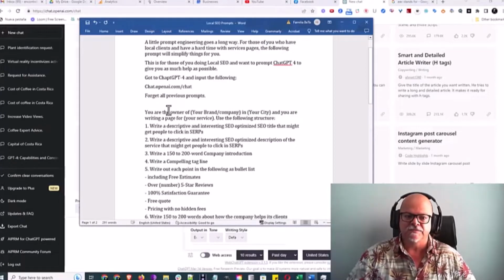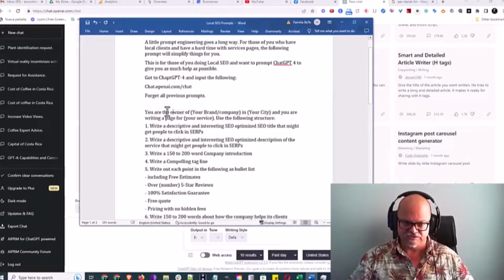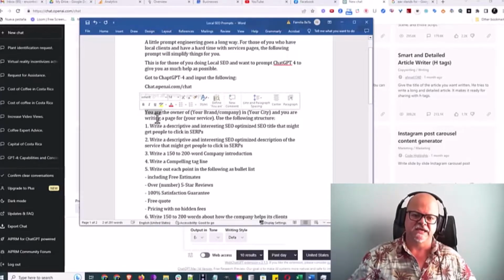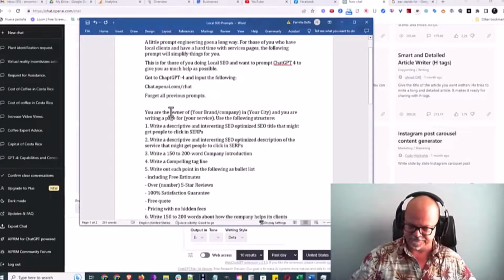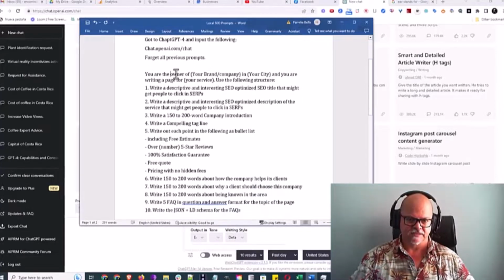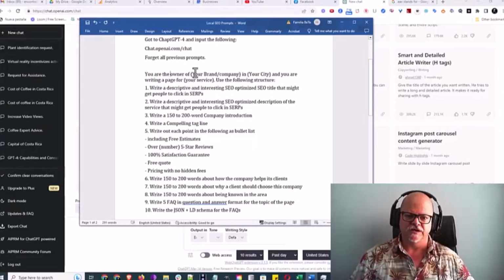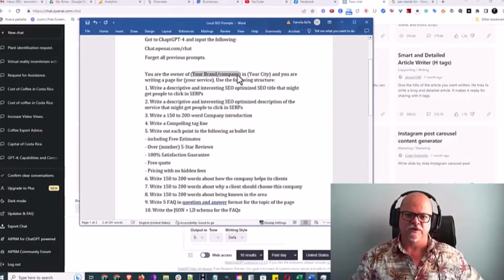At any rate, it's just a matter of setting this up and telling the computer, telling the program, writing it into the input. So here you're going to just copy paste, but say you are. Don't say let's pretend. Sometimes the computer pretends and it pretends the wrong thing. That's not what you want. We tell it, and you can see it right here. I'm going to make this available to you. You are the owner of, and in here you're going to write your brand company. If you leave this like this and don't change it, this is what you're going to get back, and then you're going to have to change it later. Change this out so that it comes out the way you want.